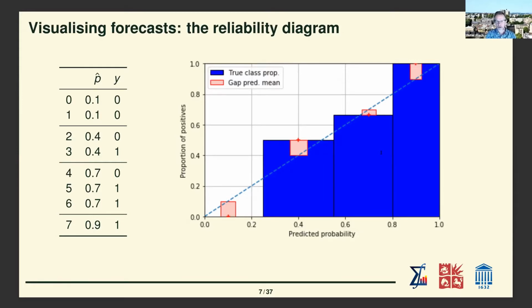What we really have under our control is to move the pluses to the left or to the right. So that's why we see that the 0.1 is an overestimate, because to be on the diagonal, we need to move it to the left. The 0.4 is an underestimate. To be on the diagonal, we need to move it to the right, and so on. Okay? We will see a lot more of these reliability diagrams,